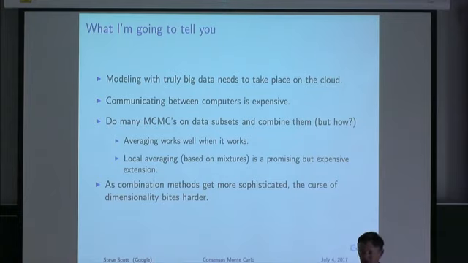But there are obvious limits, right? In hard problems, that's not going to work so well. And so people have been working to find alternative methods to use when averaging doesn't work well. And so what I want to do in this talk, at least in the second half of it, is compare the averaging method of doing consensus Monte Carlo with some of the alternative methods that have been proposed. And what we're going to find is that the alternative methods work really well in 5 dimensions, right? And they don't work really well in 10, right? So the curse of dimensionality starts to fall apart and bite really hard at very, very low dimensions.